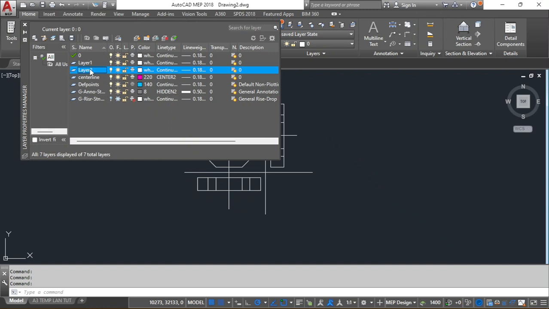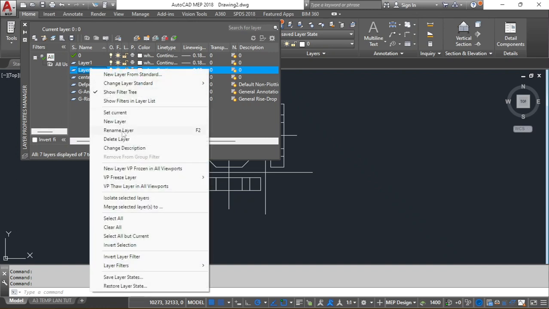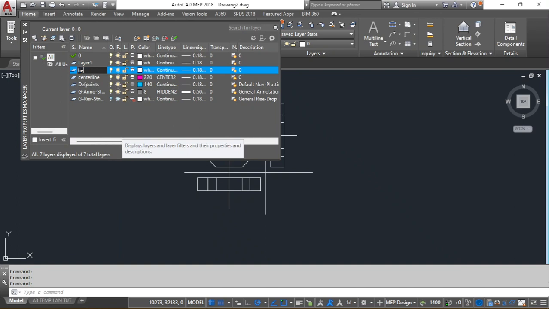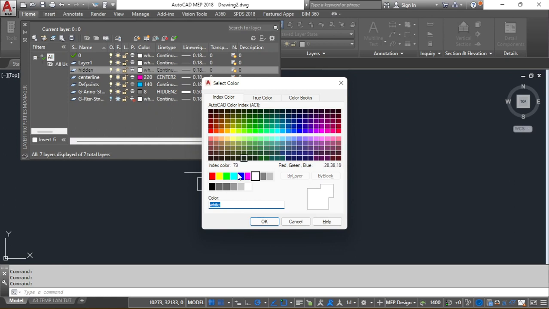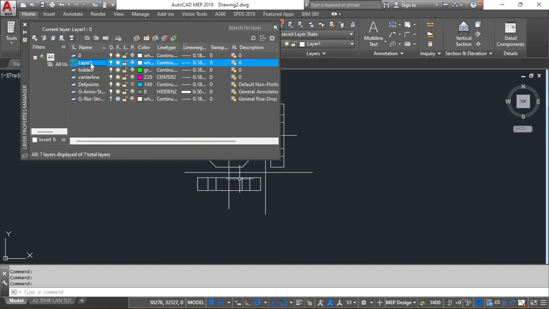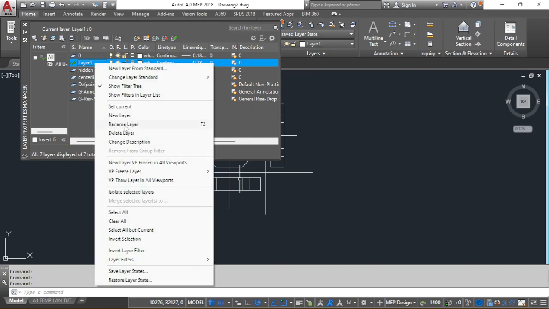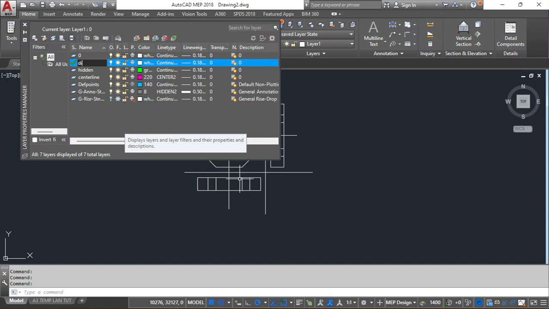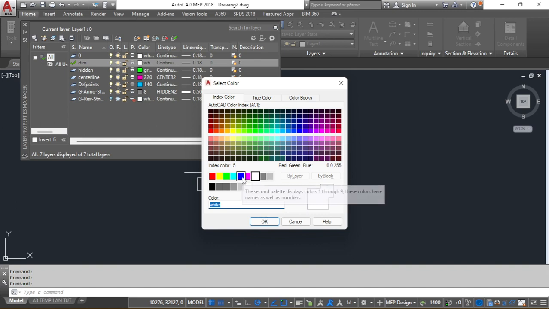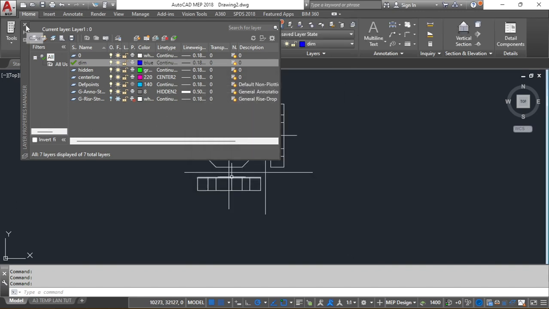And now we rename layer 2 to something else. We call it hidden. Oh, how am I writing hidden? Hidden, like that. And we give it a color. We usually use green for hidden. And then we rename this as well to dimension. So let's just call it dim. And I normally use blue, this deep blue for dimension. Okay, so yeah,